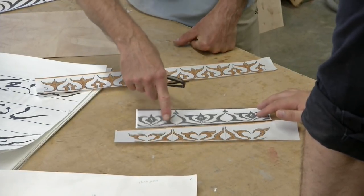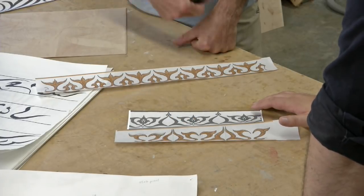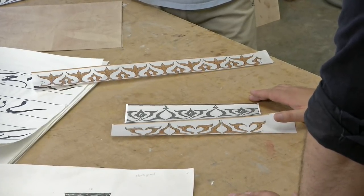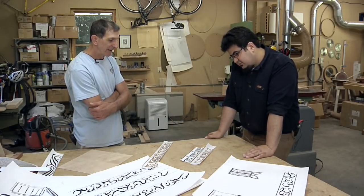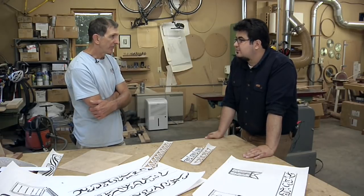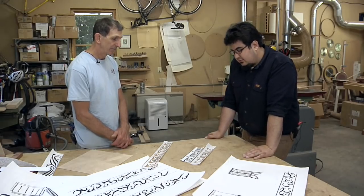So you still have this element, and then this. So it's all absolutely there. It's just an edit, and distilling the pattern down to something that suited the nature of this piece. As complex as something like this can look, I'm always trying to keep things as pure as I can. Take out as many elements as you can without losing your...